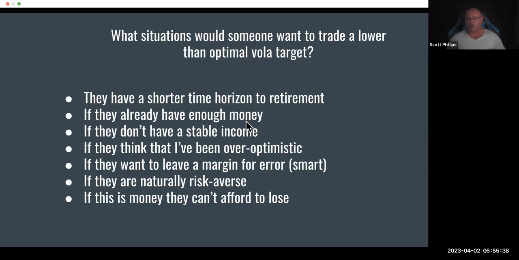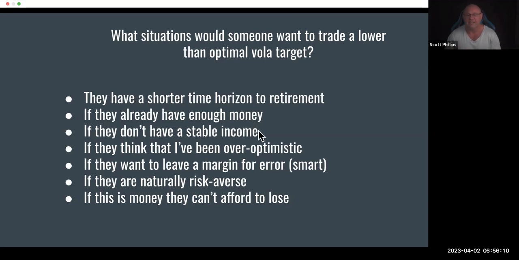If you already have enough money, if you've won the game, if you have your retirement targets, this should be no more than 5% of your portfolio max. If you already have enough money, if you won the game, don't play. And in fact, if you have enough money for retirement, you should consider very carefully whether you want to even play the system. I would consider not buying this system. This is an aggressive system to get someone to retirement goals very, very quickly. If you have your retirement goals, this may not be for you.